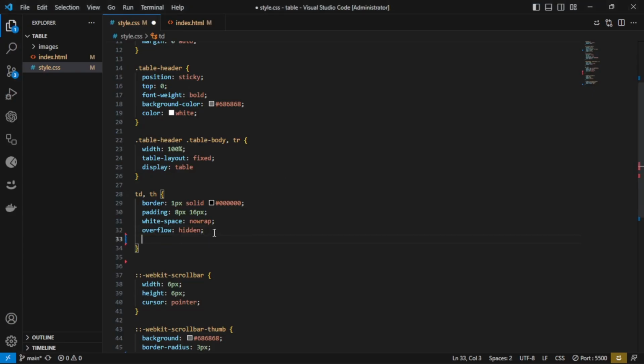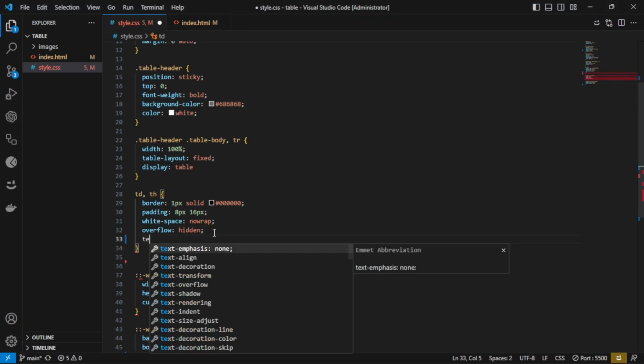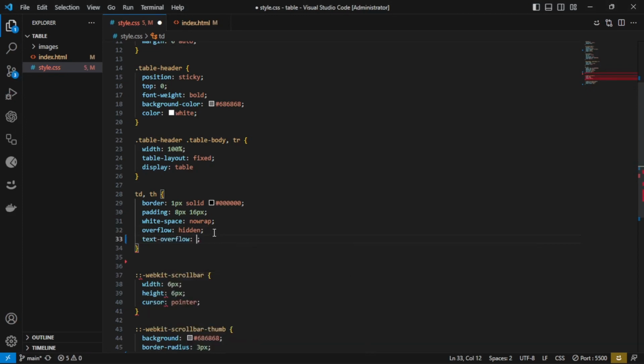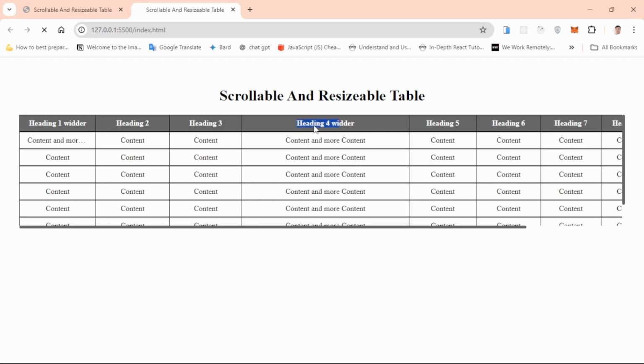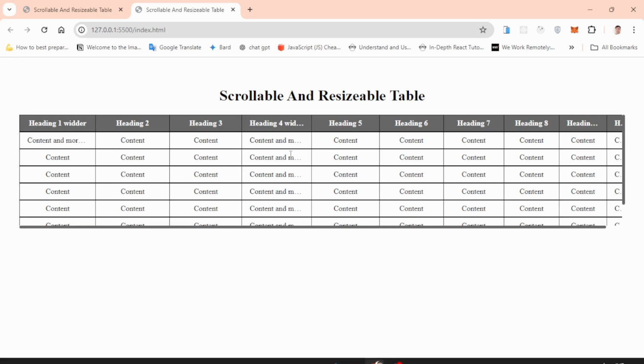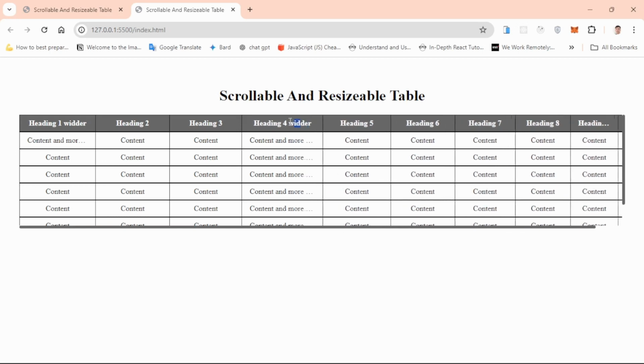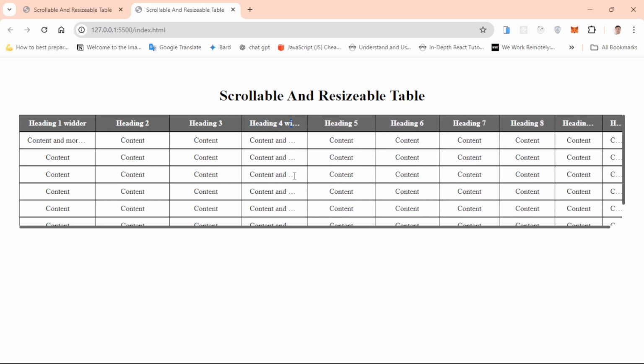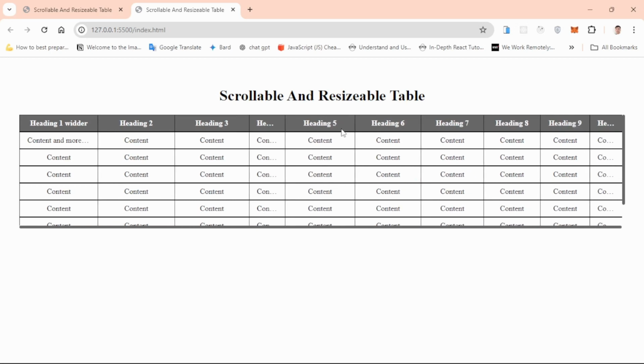How can we do that? We write the text-overflow ellipsis. As you can see, there is more content and the CSS added three dots, so the user can understand there is more content. Okay. Still, I think we need to write some code because when the user is here, the cursor should change